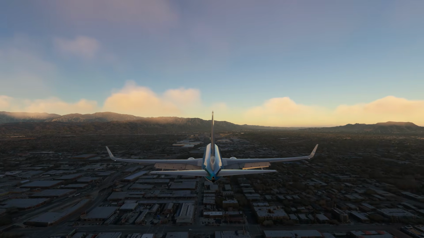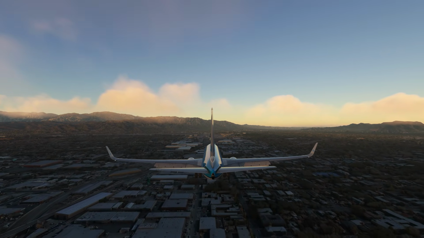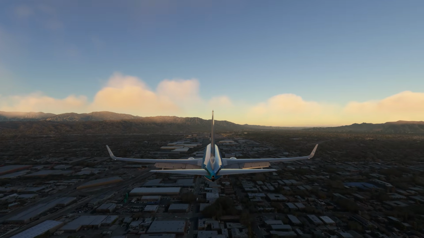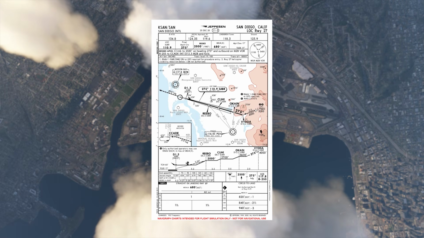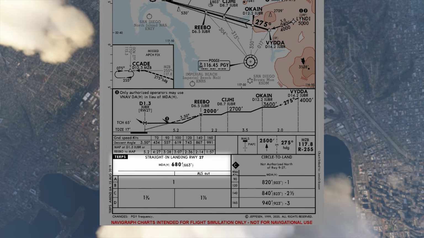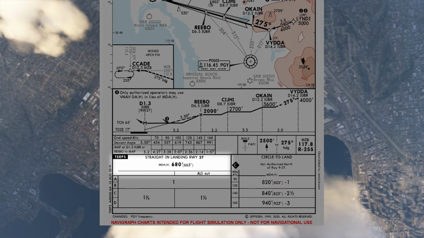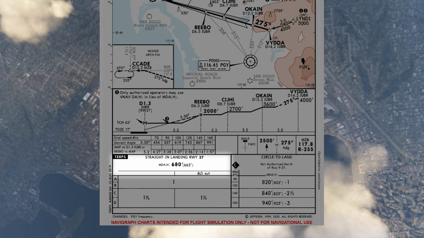A Localiser approach incorporates a dive and drive technique. The pilot actually has to use a combination of step-down altitudes to a higher minimum, as in this example for the 27 runway Localiser approach into San Diego. As you can see on the approach plate for this Localiser approach, it displays minimums for DH and MDA. The minimums for a non-precision approach, which is this type of approach, are typically expressed as minimum descent altitudes, MDA,